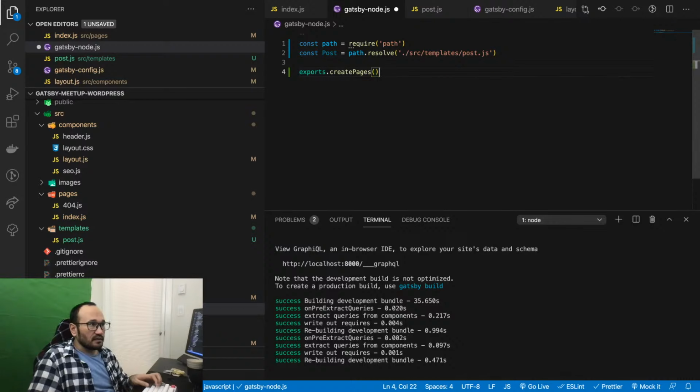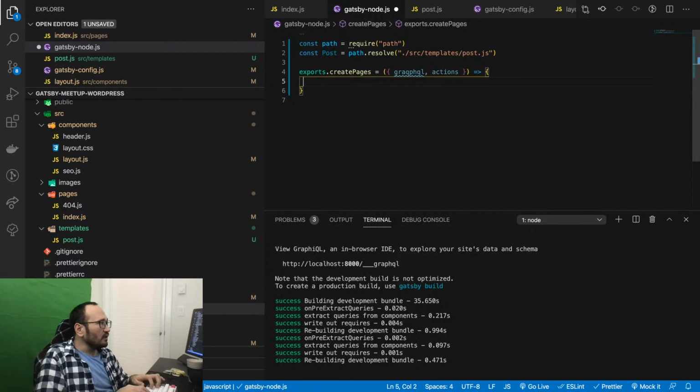This one is equal to a function, and here you can destructure graphql and actions.